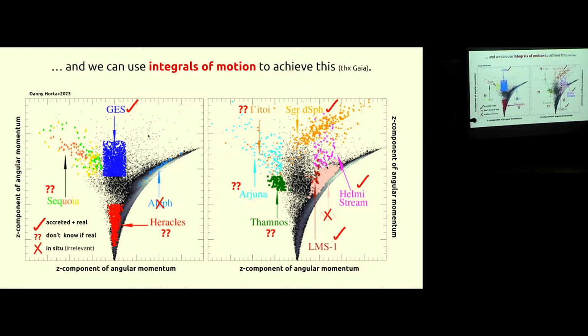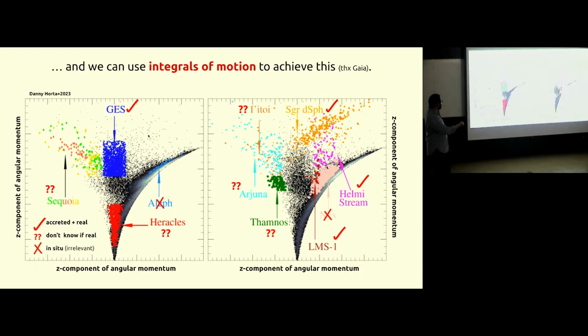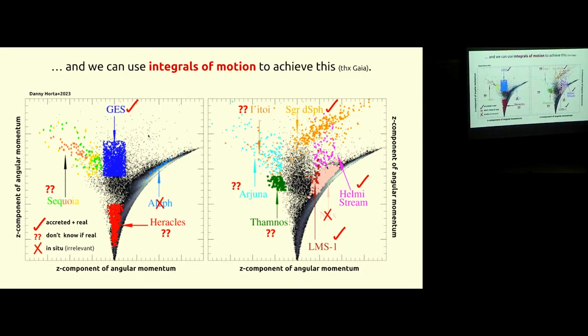Oh, actually no, that was this extra slide. So this is the situation, sorry. And the situation right now is kind of chaotic. People have argued for a bunch of substructures. This is the same energy and angular momentum space. Basically, this is separated into two panels just for better visualization. And then I have marked right here with check marks the things that are real and that are relevant.